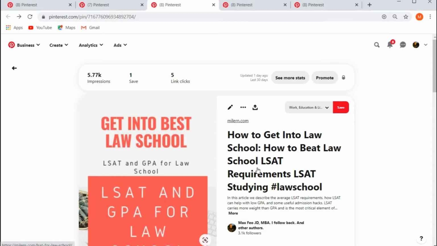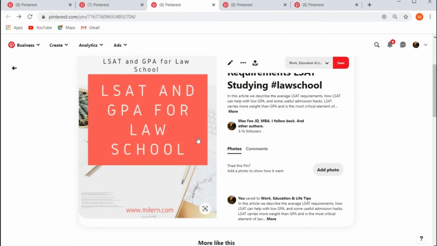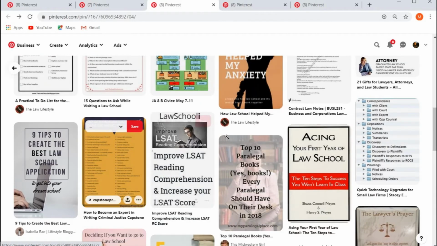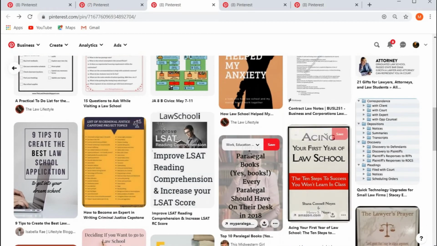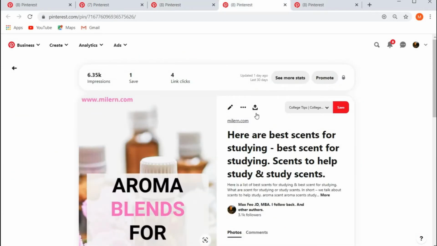Like I said, it's not a good topic for Pinterest, and this pin is ugly, and I don't think any big-time Pinterest account owner will save it to their own Pinterest. All right, so you can see other pins are just nicer. Now there are ugly pins, but generally it's not a nice pin. Now let's move on to this.